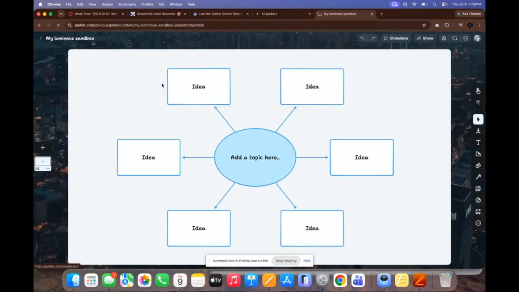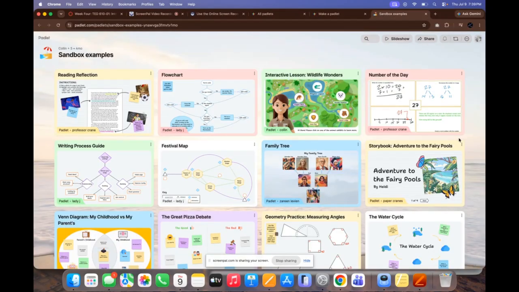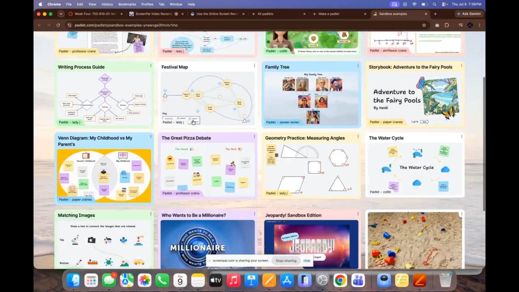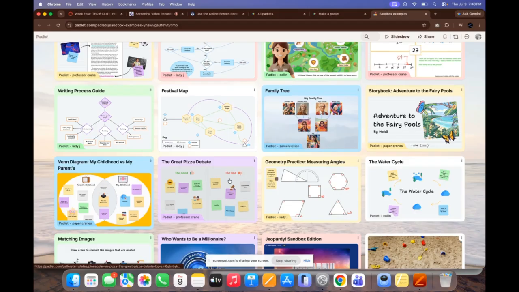You can have presentation, Venn diagram, question of the day. And again, it's going to show you some examples if you're struggling with how can I use this. And it has, here's math. It has a flow chart, a reading reflection where they can go through that. You can upload the text and they can put sticky notes as a way of annotating. The water cycle, just lots and lots and lots of options to really work through